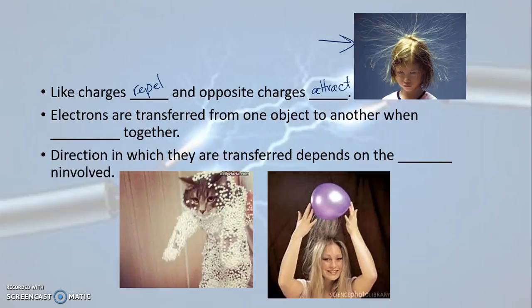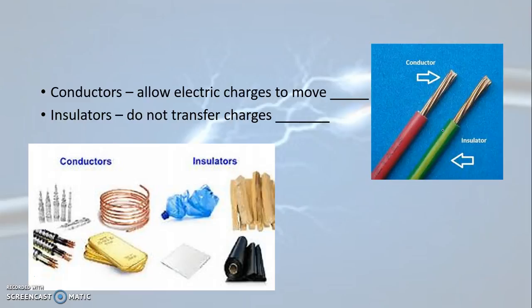All right, so what is the direction in which these electrons are going to be transferred? Well, it depends on the materials involved. Okay, so what kind of materials can you have? Well, you can have conductors and you can have insulators. Conductors will allow those electric charges to move, and they're going to be able to move freely, okay? Freely or easily. And examples of conductors would be metal. Not sure what that is right there, but most metals, silicon,